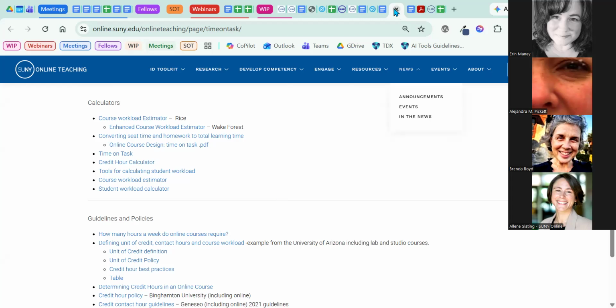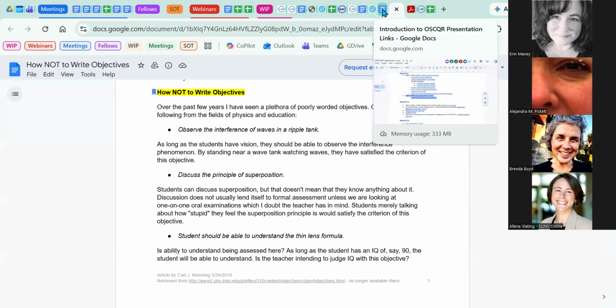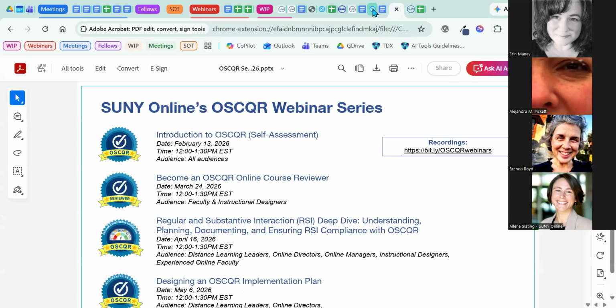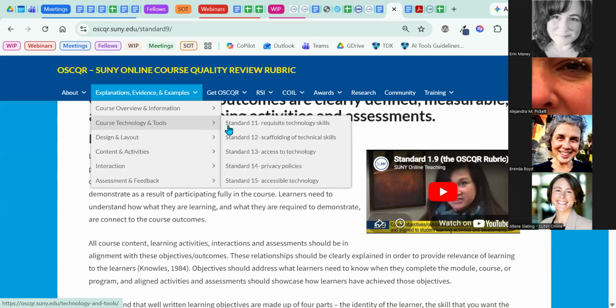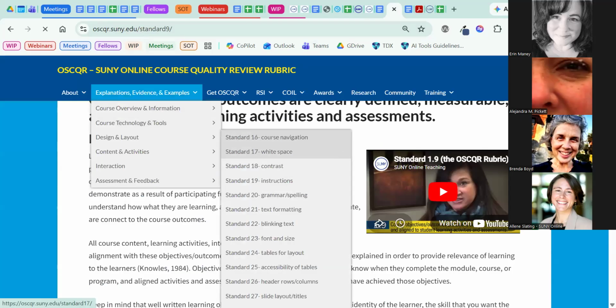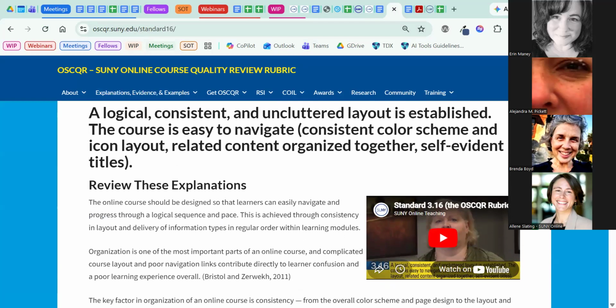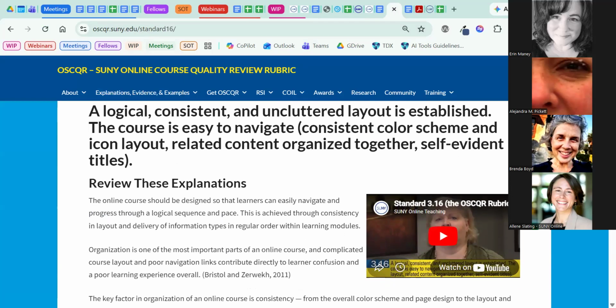All right, let's go on to standard 16. I chose that one. Let's see. Standard 16 is in the design and layout section, and it has to do with course navigation. It's suggesting that a logical, consistent, and uncluttered layout be established, and that the course be easy to navigate. And that's both with color scheme and layout and content organization and chunking, and actually also titles as